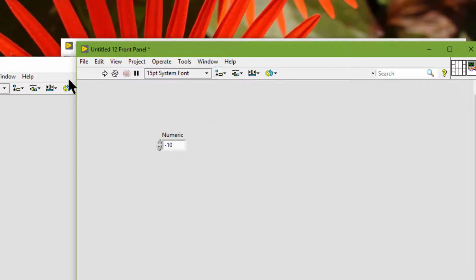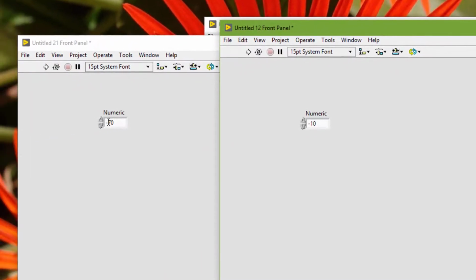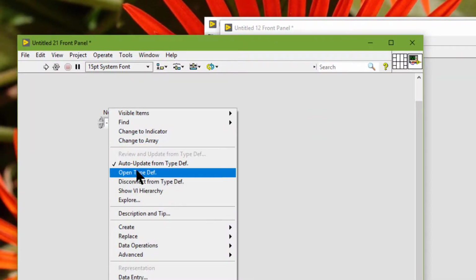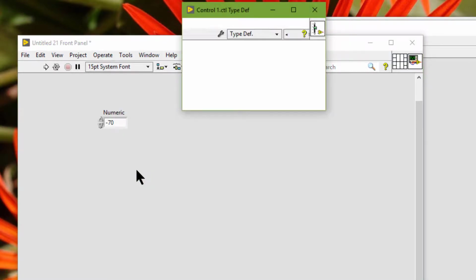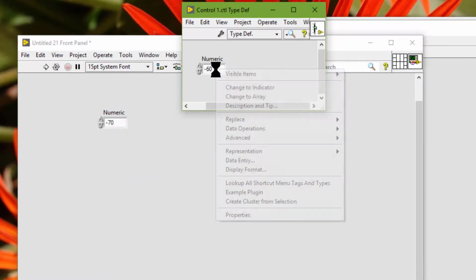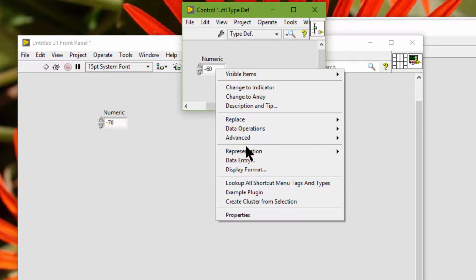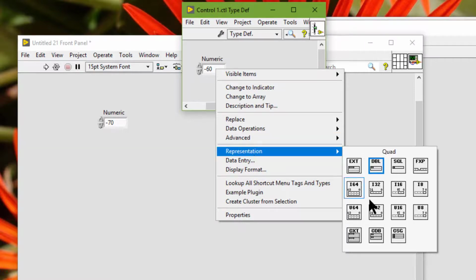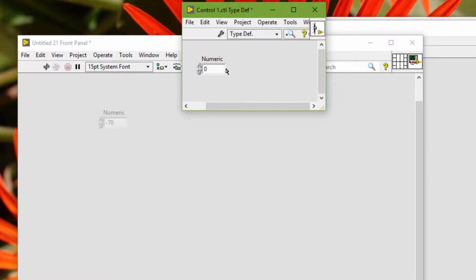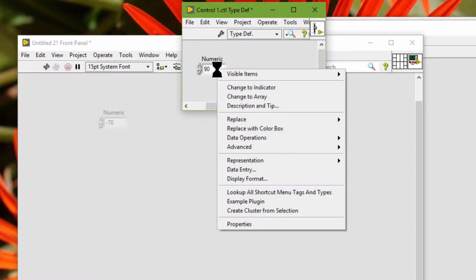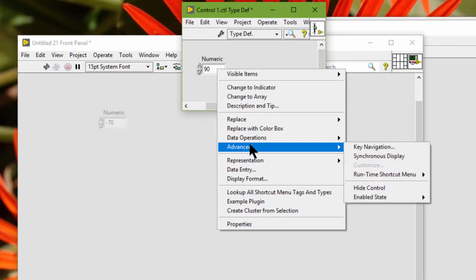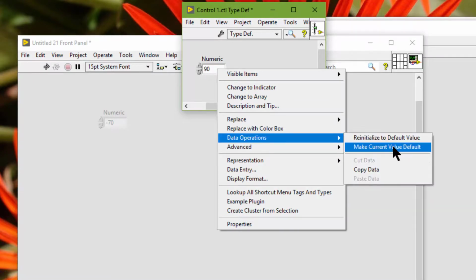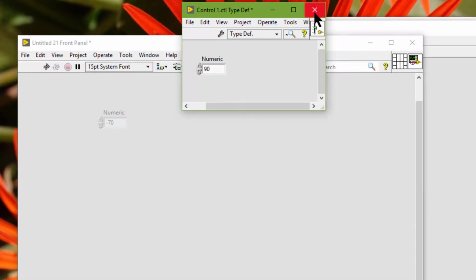Now let's open them side by side so we can see them. So let's open the type def and this time let's change the data type so that it cannot represent the negative numbers. Let's make it something, let's say 90, and let's set it as the default value. Now when we close it,